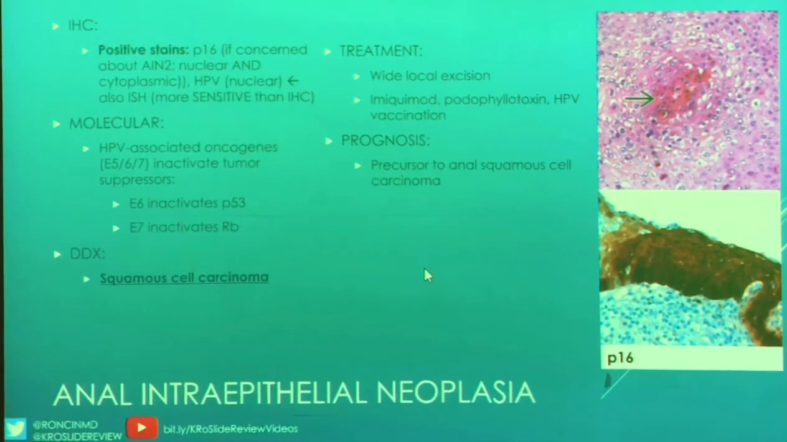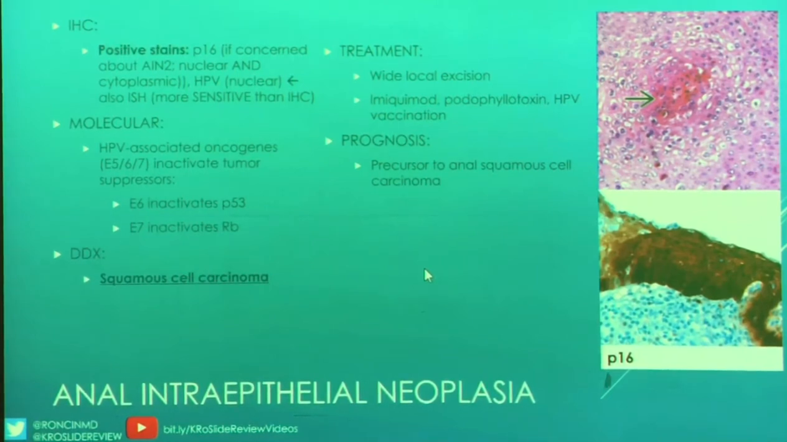You don't have to jump to ISH right away. The molecular pathways between AIN and squamous cell carcinoma of the anal genital region have the same HPV-associated oncogenes, which is your E5, 6, 7, that inactivate your tumor suppressors. I don't have it on here, but I do have it on the next case. Your E5 is believed to deal with your growth factor receptors. E6 inactivates P53, which we know would be bad, and E7 inactivates retinoblastoma 1, which we know is also really